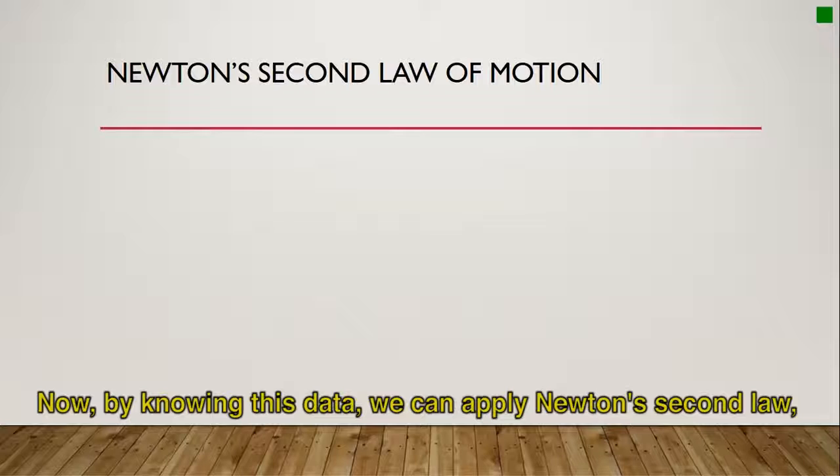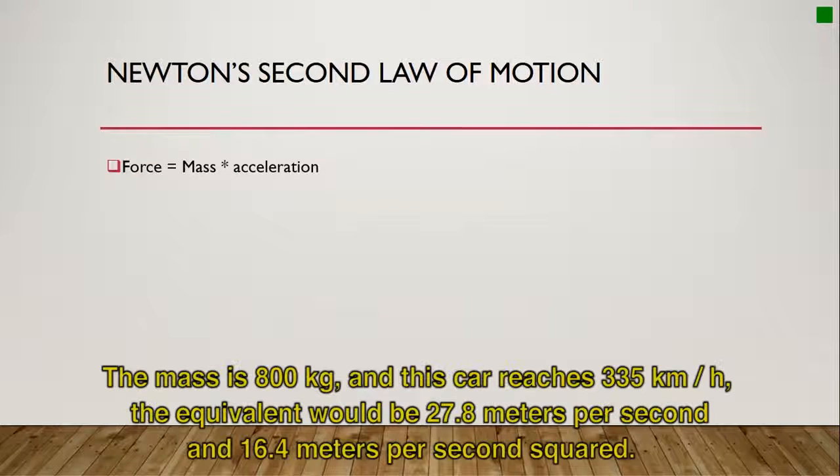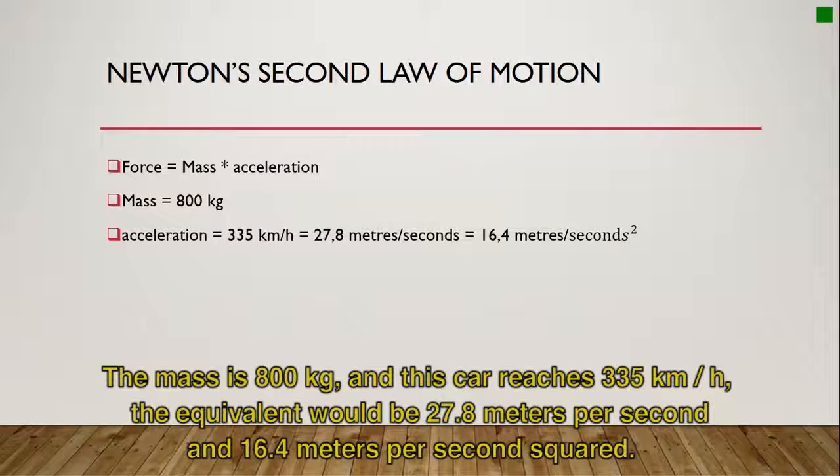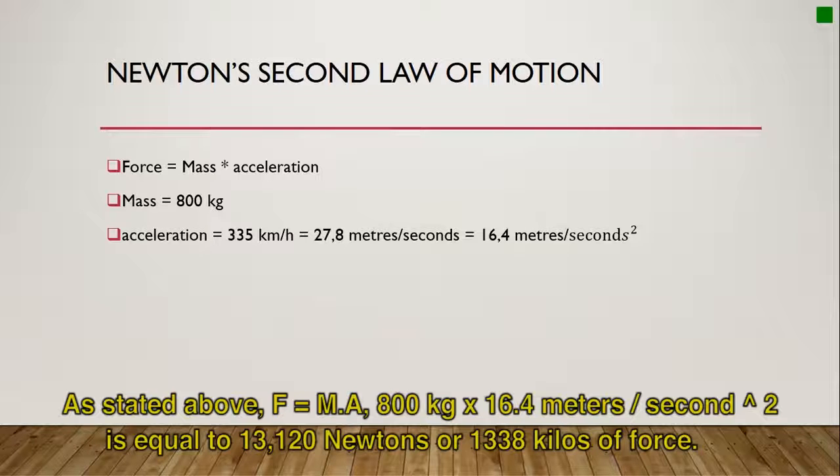Now, by knowing this data, we can apply Newton's second law that states that force equals mass times acceleration. The mass is 800 kilos and this car reaches 100 kilometers per hour in about 1.7 seconds. The equivalent will be 27.8 meters per second and 16.4 meters per second squared. This measure is the acceleration and we will use it in the calculation. As stated above, force equals mass times acceleration. 800 kilograms multiplied by 16.4 meters per second squared is equal to